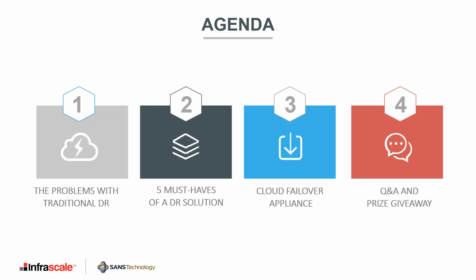For everyone in the audience, as an agenda, as you see on your screen, we'll talk very briefly about 4 main topics: the problems with traditional DR, the 5 must-haves of a DR solution, and then a little bit about Infrascale's cloud failover appliance and what makes it unique. Then we'll have a Q&A and prize giveaway, and in there we'll have a segment where Gaurang can talk about our great partnership and their unique business value